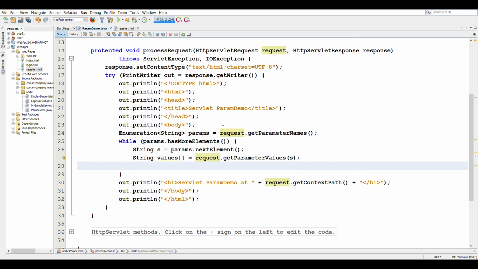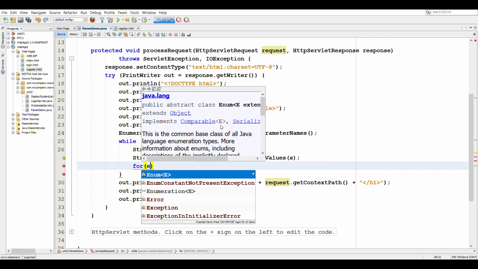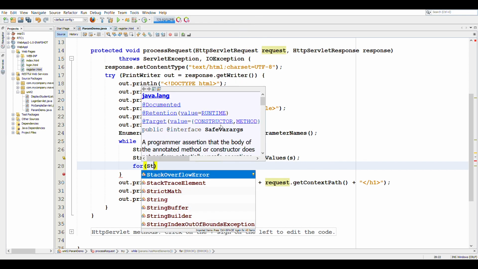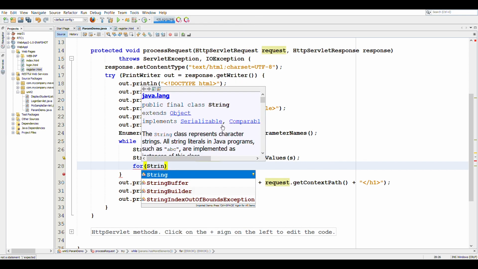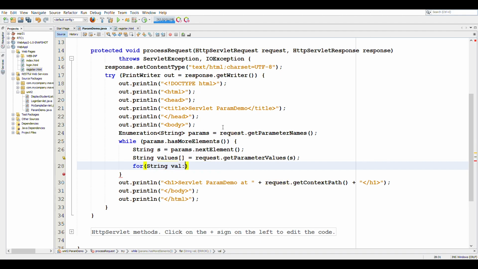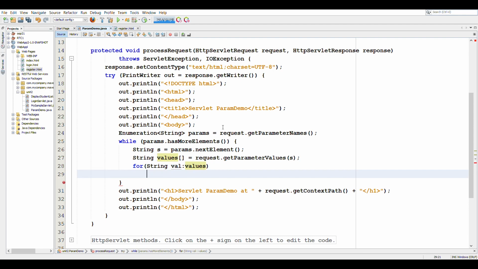So values contains all values of the parameter s, and then we print it using a for each loop. For each string val in the array values, we will print the parameter name and then the value.